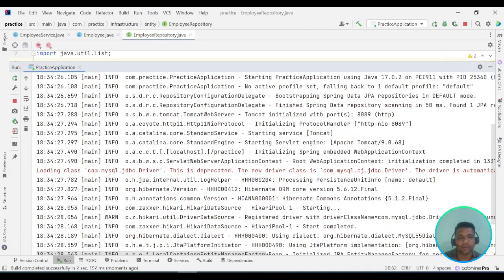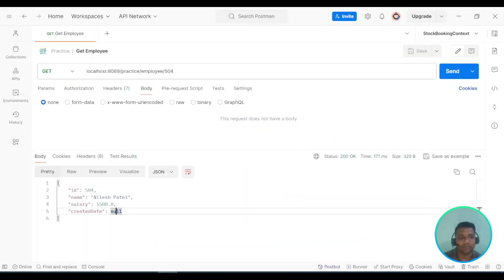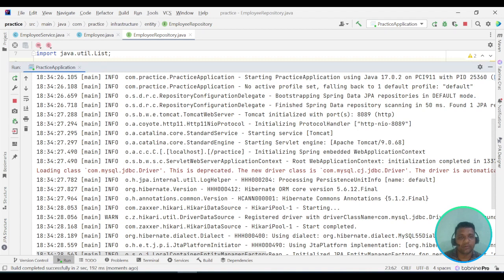So after marking Entity, we see here the application started successfully, and hit the API here. Now data should be generated. So here what we do here,